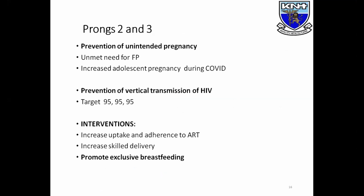So looking at the second and third prongs, preventing unintended pregnancies, there is an unmet need for family planning, recognizing that children are becoming sexually active earlier. So as we even advise on abstinence, we must make sure that young girls who do not intend to get pregnant are able to prevent pregnancy. And then in prevention of vertical transmission, there's that target that we have been set by